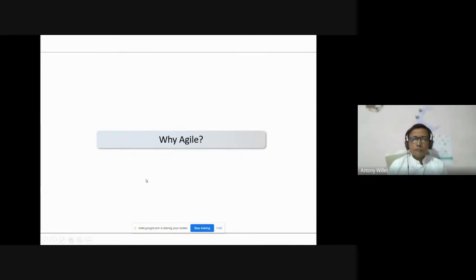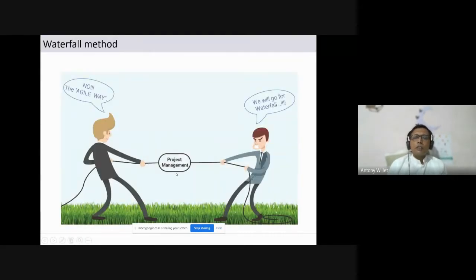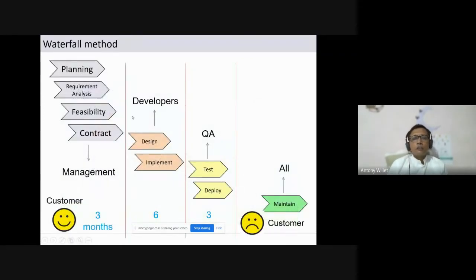Okay, why Agile? It is quite obvious, and everybody knows that before Agile came into picture, we had Waterfall and other conventional methods for developing and managing software. For some time, there was argument or discussion for every project whether it should be executed in the agile way or the waterfall way. As I just mentioned, now most of the companies try to execute a project in the agile way. So to understand why agile came into picture, it is important to understand